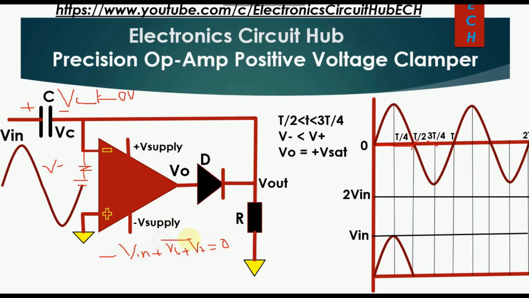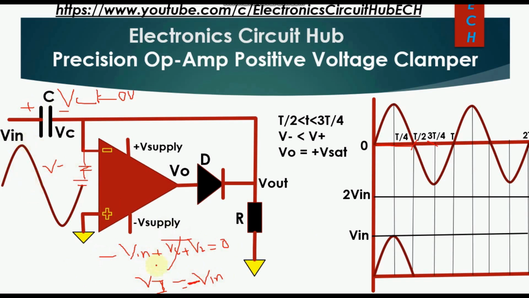Since Vc equals 0, this term will get cancelled. You will find V_EI equals Vi equals plus V in. Okay. So now this time your V in, I haven't changed the polarity of V in, but this time your V in is negative. So Vi equals negative. For the KVL, I haven't changed the polarity of this sine wave.